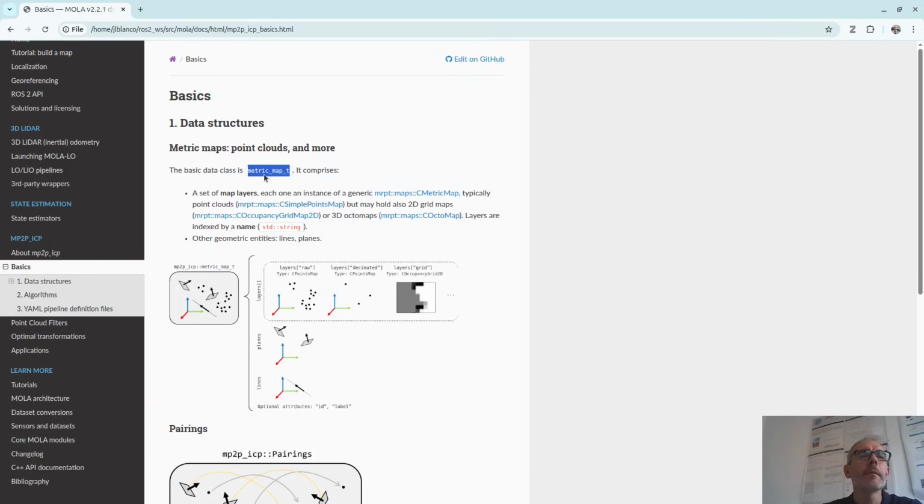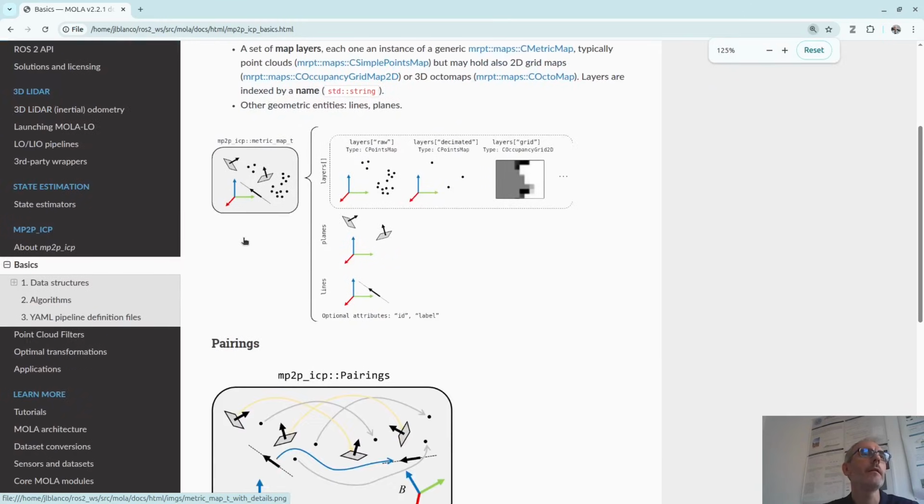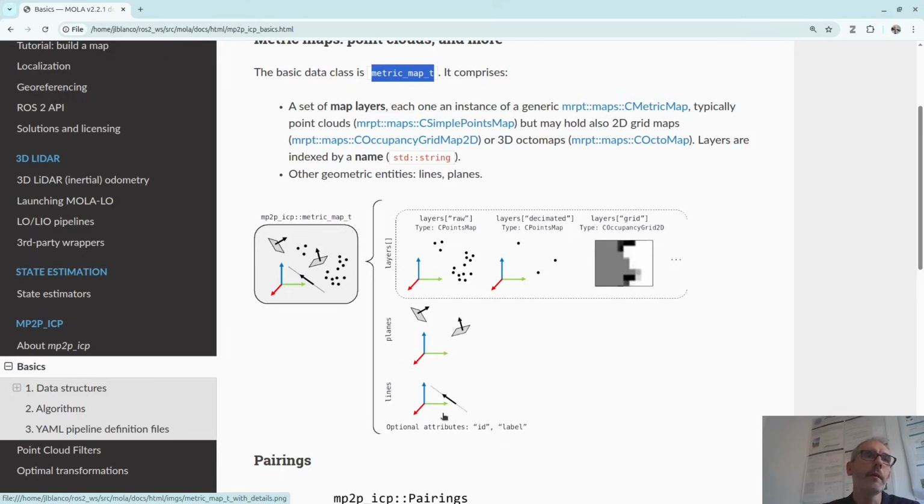A metric map is not any particular map, but just a container with layers. So a metric map like this actually contains a few things. First is lines and planes, which are quite general, but the most common case is layers. It's not a vector, but a map, a dictionary indexed by strings, so it can be any name.